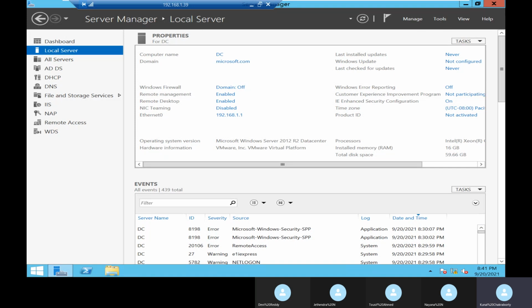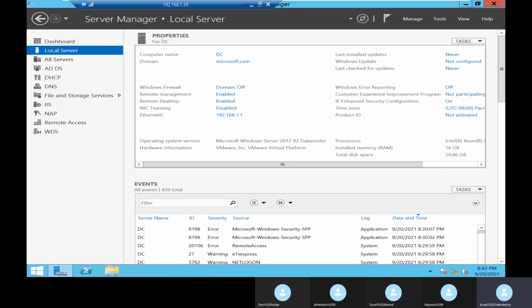For example, there is a group like HR, and in that group there are a lot of users, and they are not using only one OS, they are using two OS, that is Windows 10 and Windows 7. So now there is a criteria that you need to assign group policy only for those using Windows 7, not for Windows 10, but they are in the same group. In that scenario, what are you going to do?